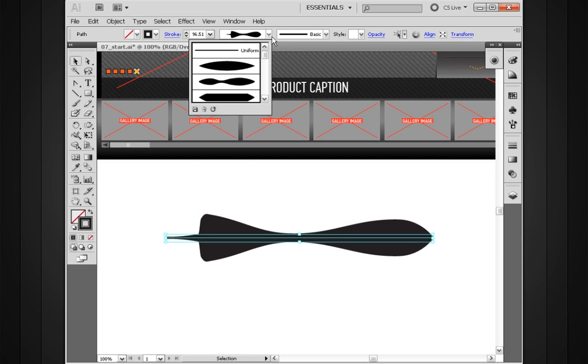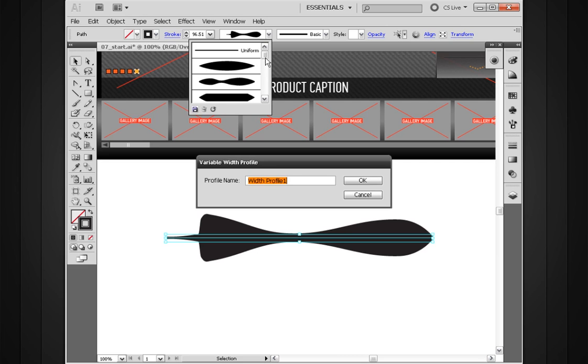This is called a width profile. Let's go ahead and drop this down here. Now in this drop down you're going to see several default width adjustment profiles that come included with Illustrator, and some of them are kind of neat looking, but we've actually created a custom one here and it's not shown. So I tell you what, we can actually save this width profile that we've made and reuse it on future paths or future strokes. So let's go ahead and just hit this little save button right here,